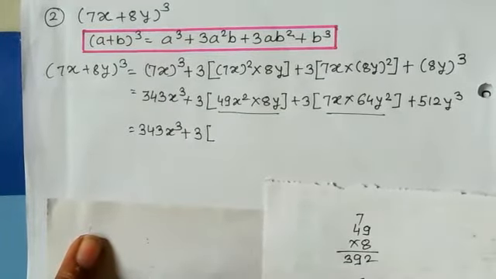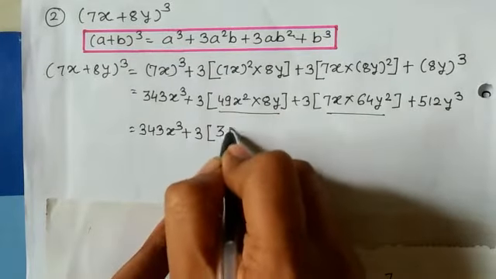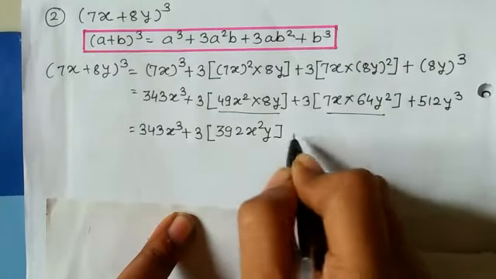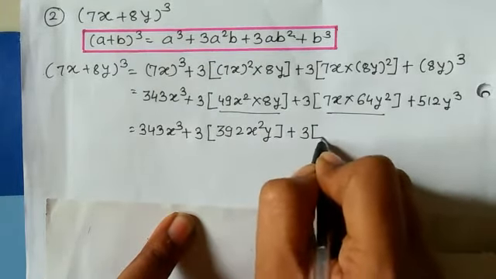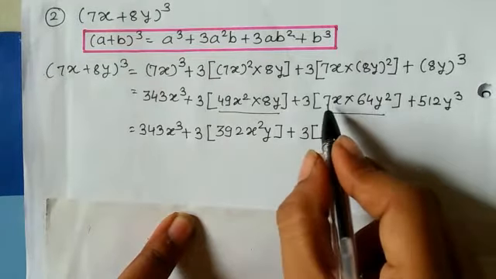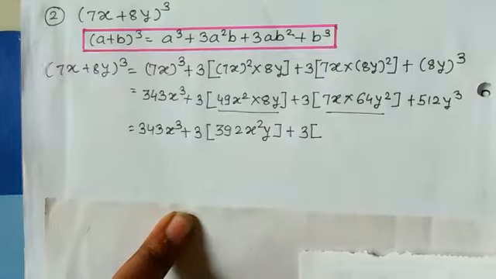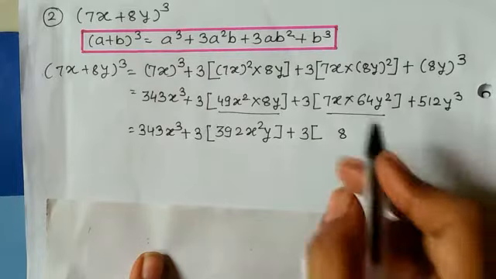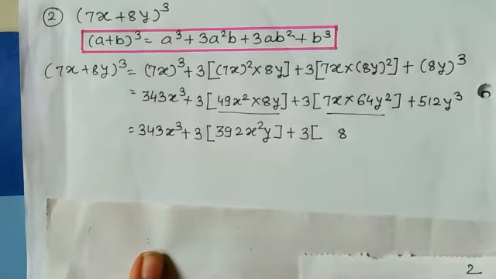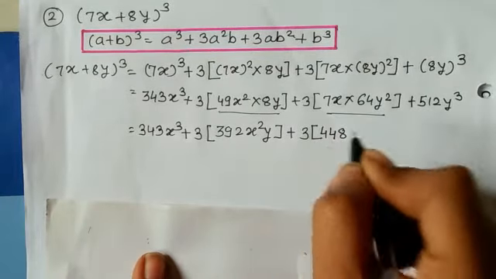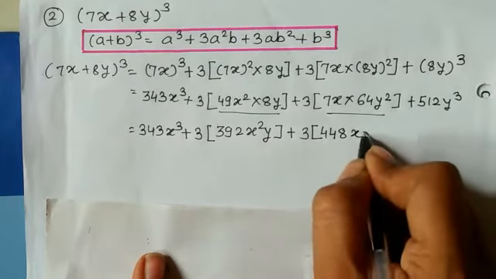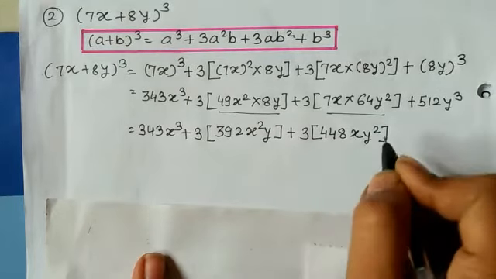Answer is 392. x square y will be as it is, plus 3 into bracket 7 into 64. 7 4s are 28, so it will be 2 in the mind. 7 6s are 42, 42 plus 2 is 44. So 448 is the answer of 7 into 64, and x y square will be as it is, bracket complete